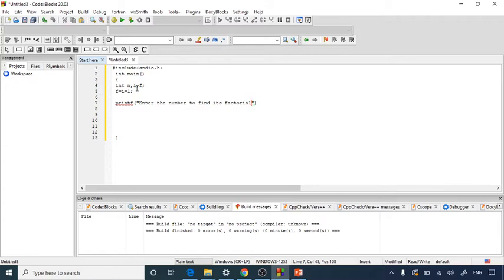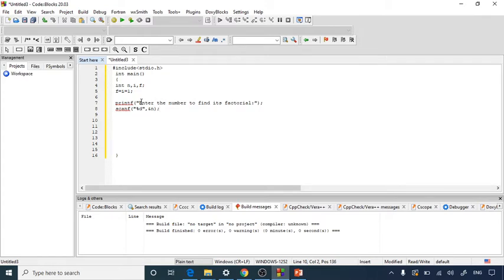This is nothing but the factorial of that number. Then we will read the input using scanf, which we use to read input from the keyboard. So we'll put scanf with %d, a placeholder to read integer data, and we'll assign it to n. So here we have taken the number from the user of which we want the factorial.